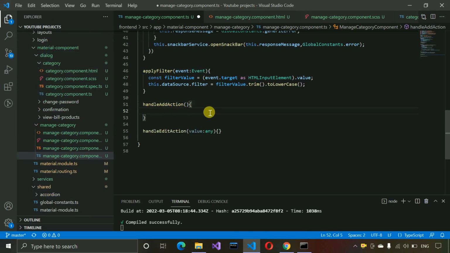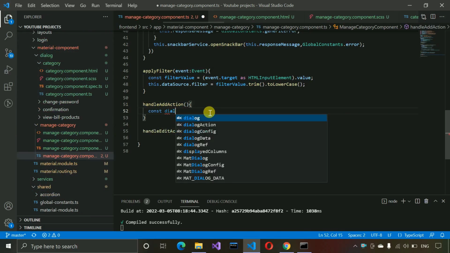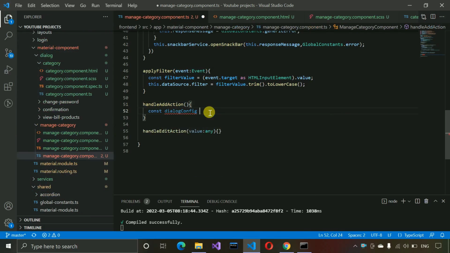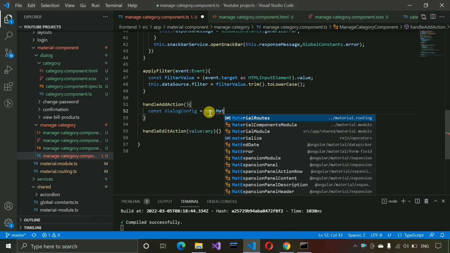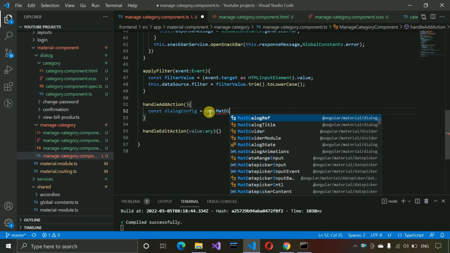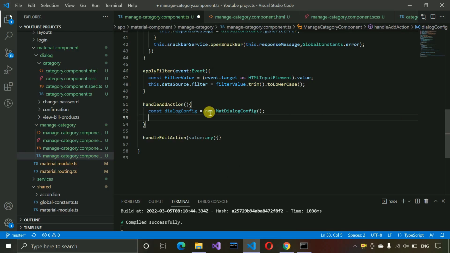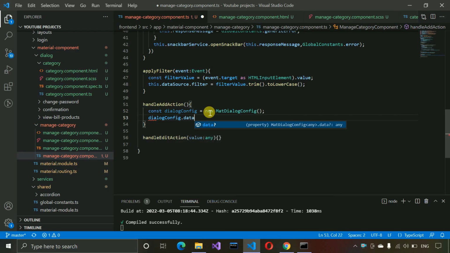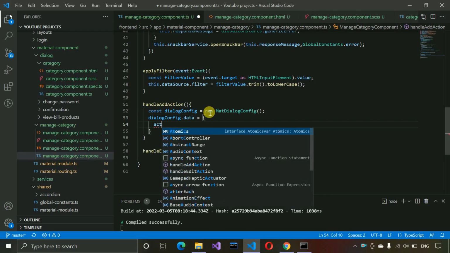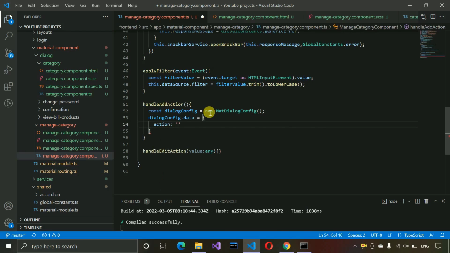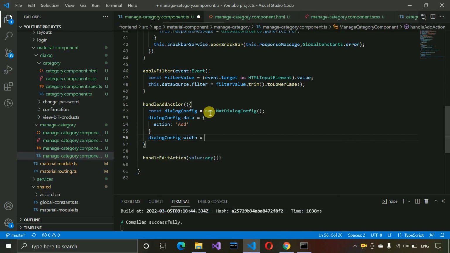So let's write here const dialogConfig, and new MatDialogConfig. Then dialogConfig.data, we need to pass that data, and inside of that action we want to pass that variable, so it should be add. After that, dialogConfig.width, we want to declare that, so it will be 850